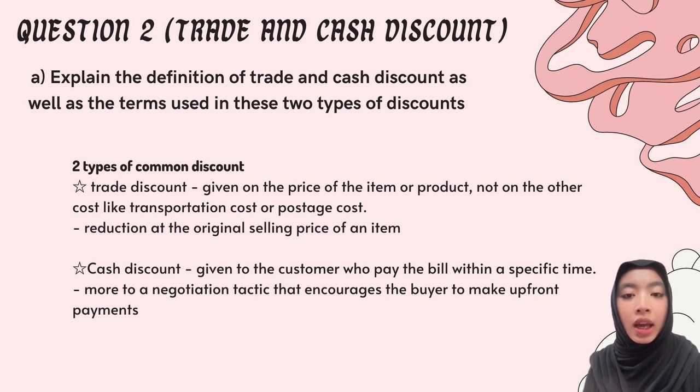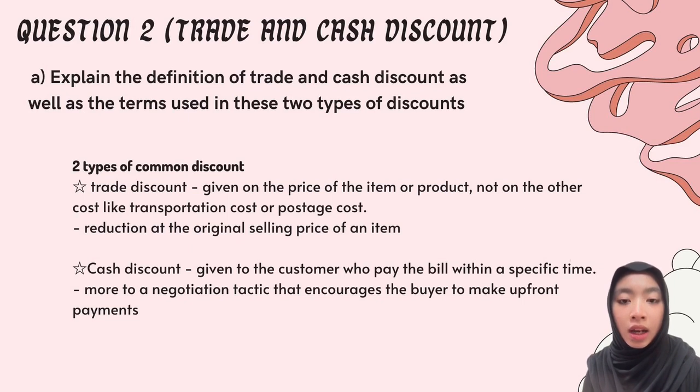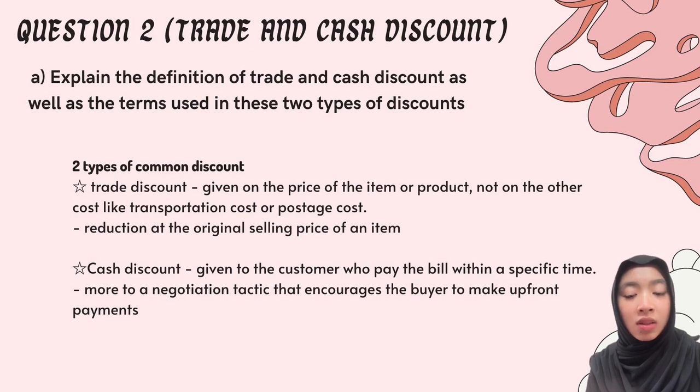Trade and cash discount. Question 2A. Explain the definition of trade and cash discount as well as the terms used in these two types of discount. In this chapter, we will discover two types of discount, which are trade and cash discount. Trade discount is the amount of discount given on the price of the item, not on other costs like transportation or postage costs. Meanwhile, cash discount means the amount of discount given to customers who pay the bill within